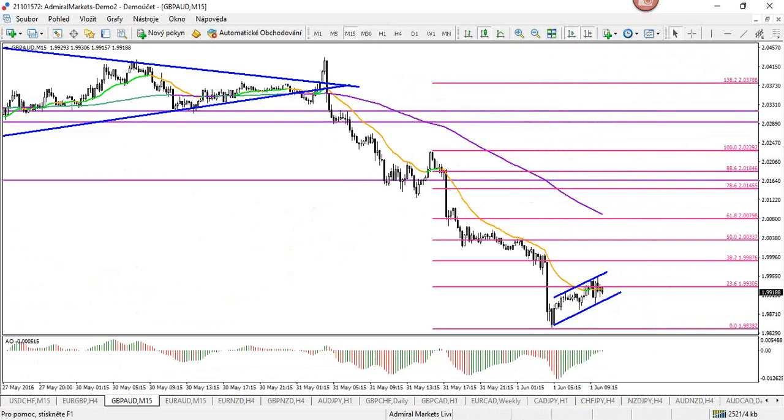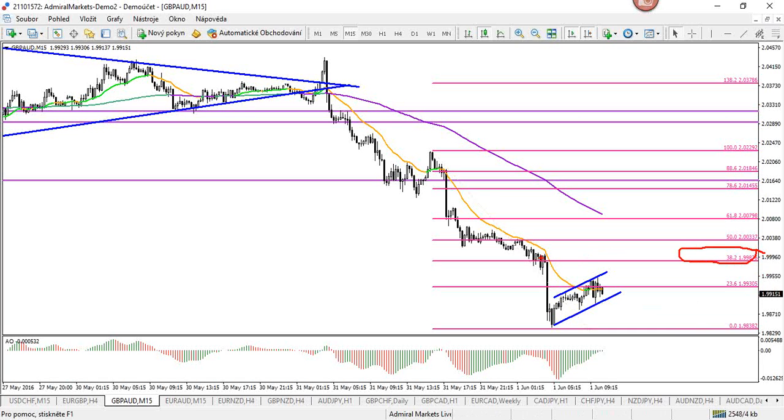No, 20010, sorry. That's quite far actually. Well, that would be ideal, I guess, if it gets up to the 38.2 fib,